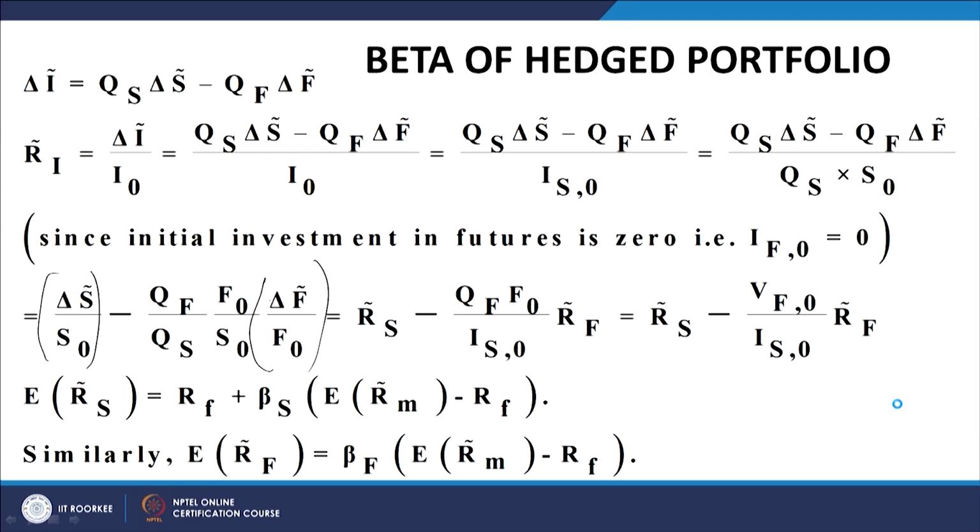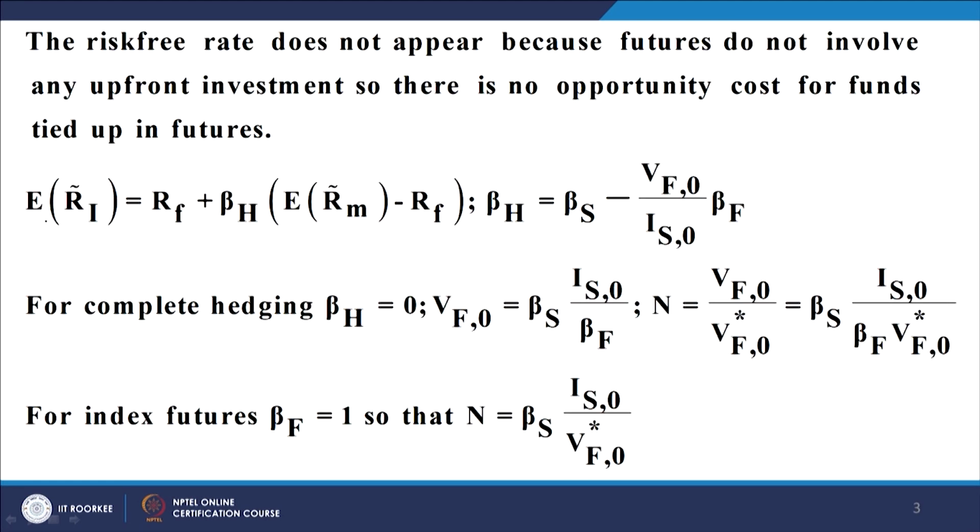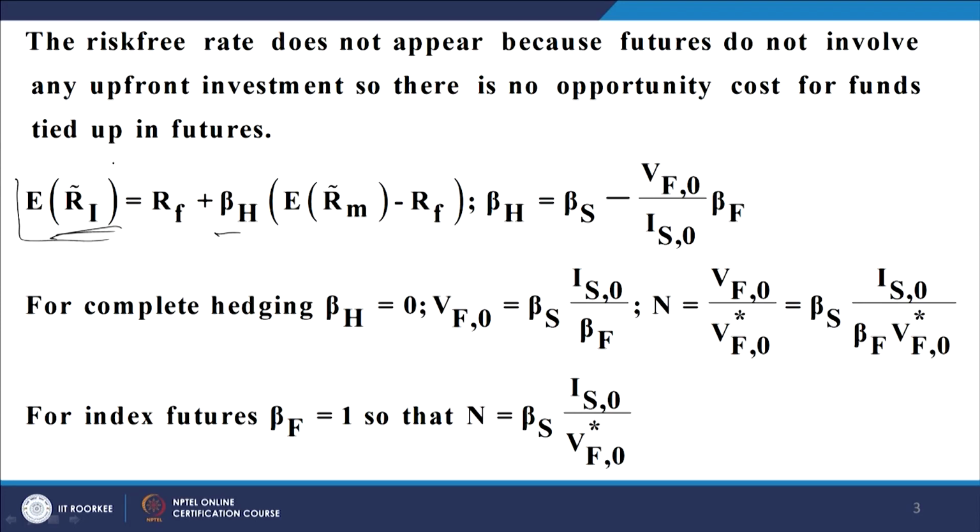Welcome back. So, we are talking about the beta of the hedge portfolio and we are trying to derive an expression for the beta. We had worked out this expression up to the point of the expected value of the investment, the initial investment has been written in terms of the hedge beta. Now, this expression is the return on the combined cash position plus the hedge position, the two combined together give us this expected return, and therefore, we have introduced a new beta